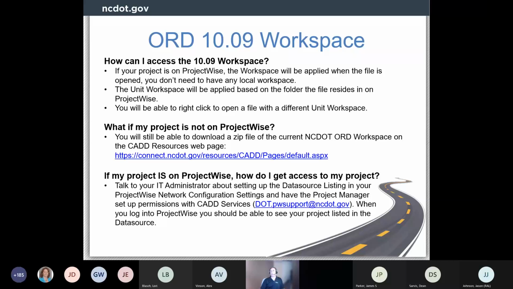If you need support with setting up those permissions, again, on the screen I've got the email address. Have your project manager contact CADD Services at